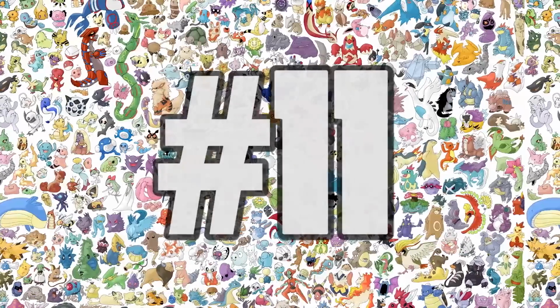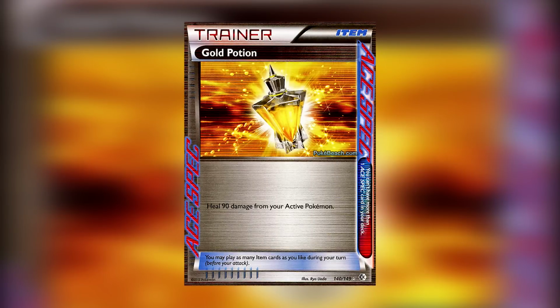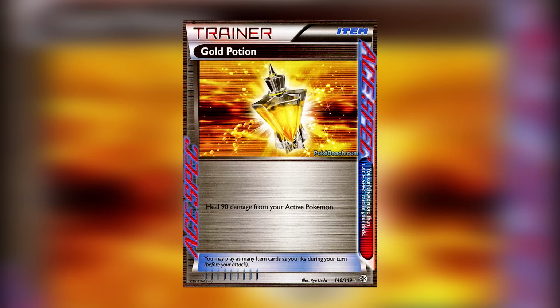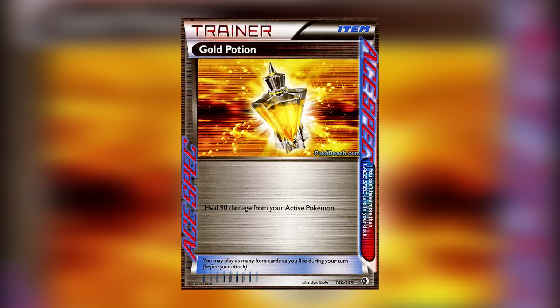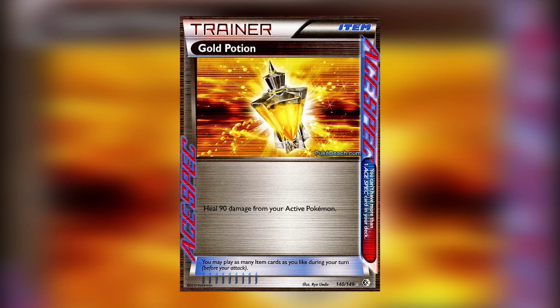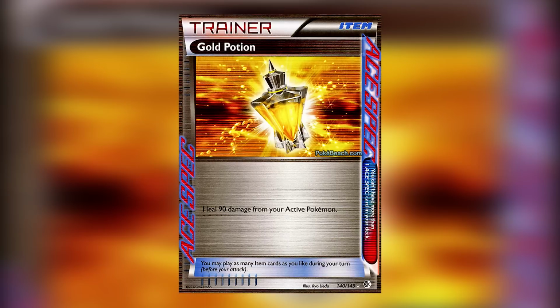Coming in at number 11, we have Gold Potion here. You can heal 90 damage from your active Pokemon. But the problem with this is that it came out in Boundaries Crossed once again, so the first three A-Specs are from Boundaries Crossed. The problem is that in Emerging Powers, there was a card called Max Potion that healed everything. Of course, you do end up discarding energy cards with it, and it could be a problem, but since